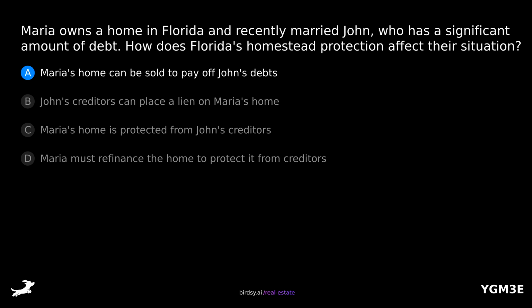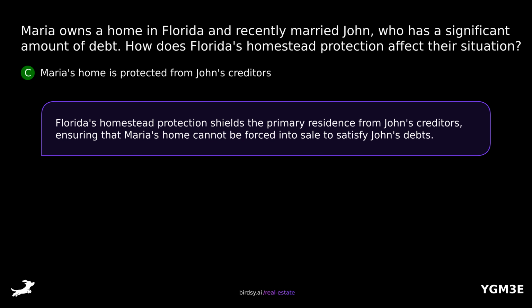Is it A, Maria's home can be sold to pay off John's debts, B, John's creditors can place a lien on Maria's home, C, Maria's home is protected from John's creditors, or D, Maria must refinance the home to protect it from creditors? The answer is C, Maria's home is protected from John's creditors. Florida's homestead protection shields the primary residence from John's creditors, ensuring that Maria's home cannot be forced into sale to